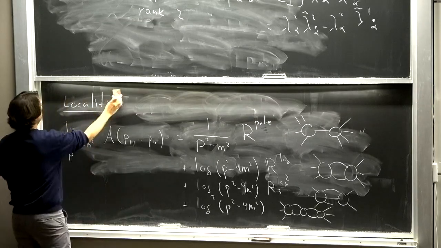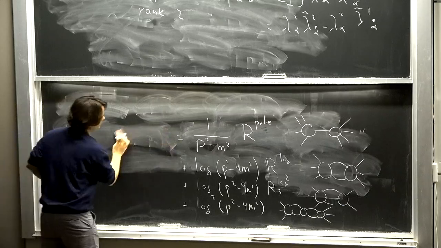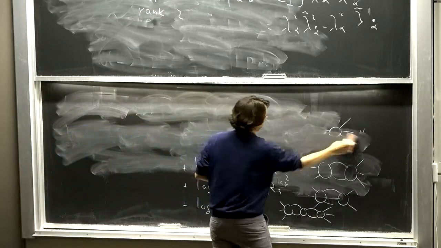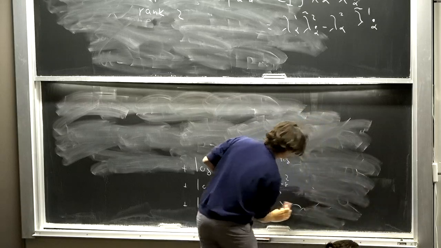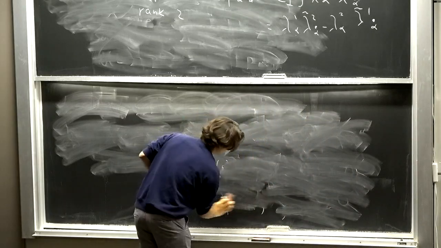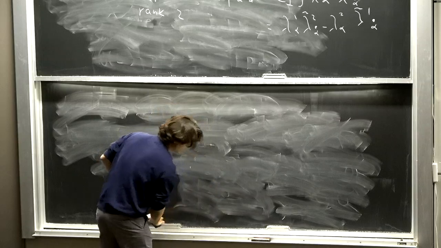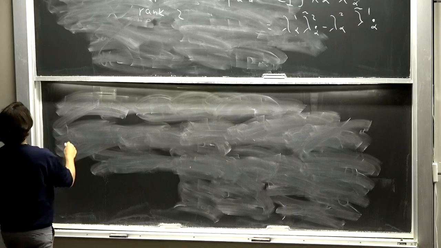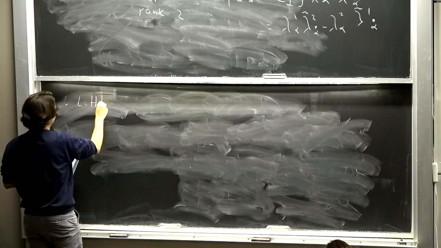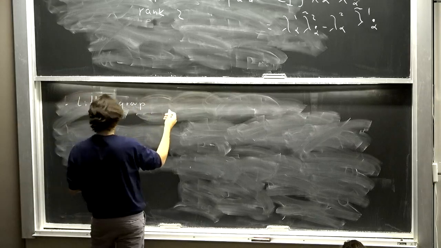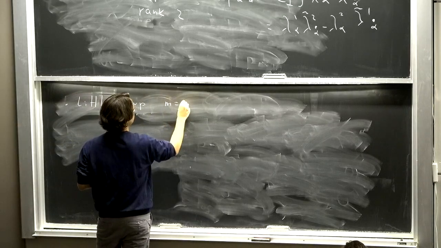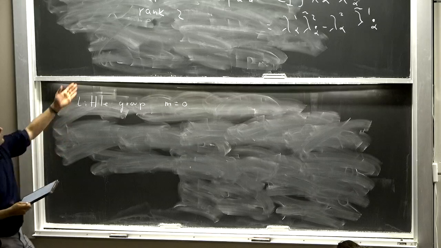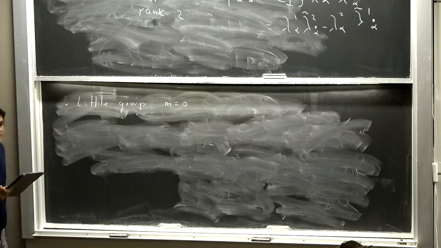But there's something else nice about these variables, which will allow us to actually make use of what we learned from symmetry. What we learned from symmetry about the amplitude is that the amplitude is a function of momenta, but it's also some representation of the little group of each particle. So it has to transform under the little group for each individual particle. So let's think about the little group for massless particles, for m equals 0.